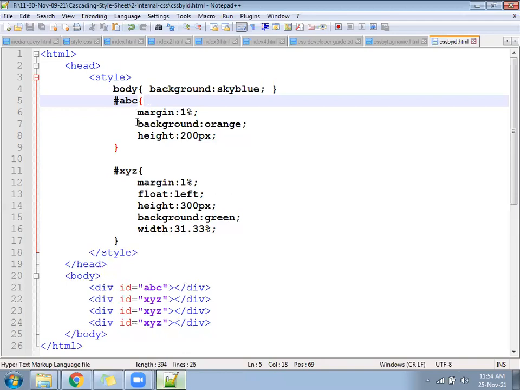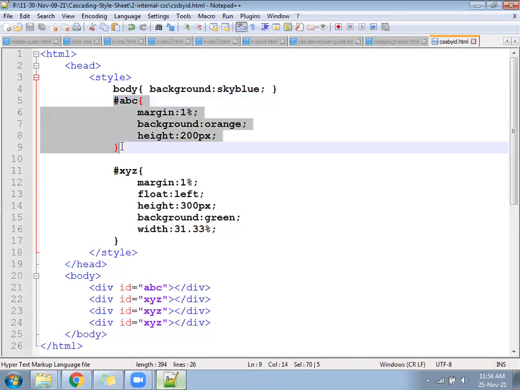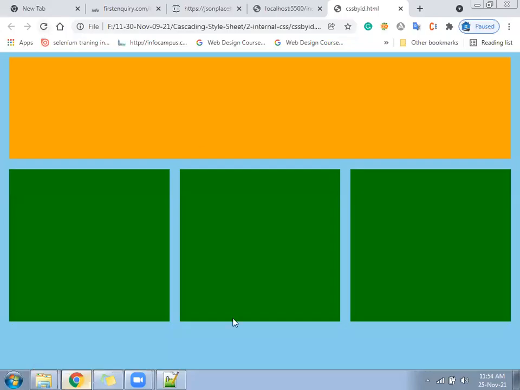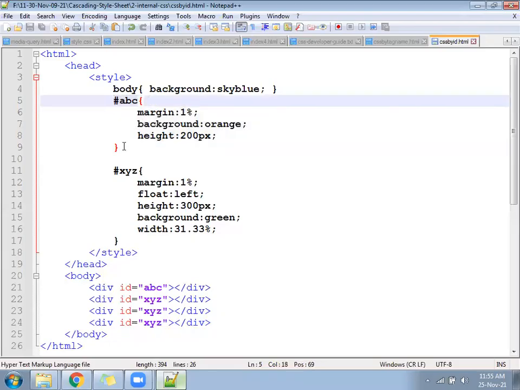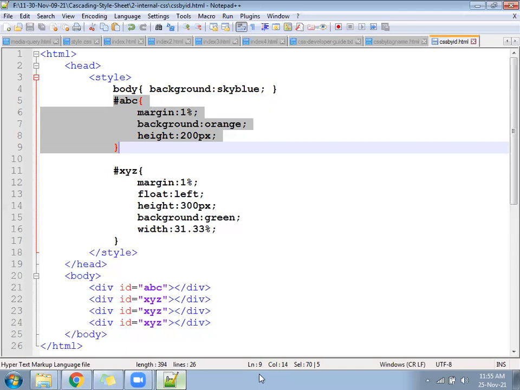Okay, now copy any block. Suppose ABC only you copy, and go to your developer guide and add as an example how to create the CSS by ID. Copy the first block. Working or not working? Yes, no. Working, sir.